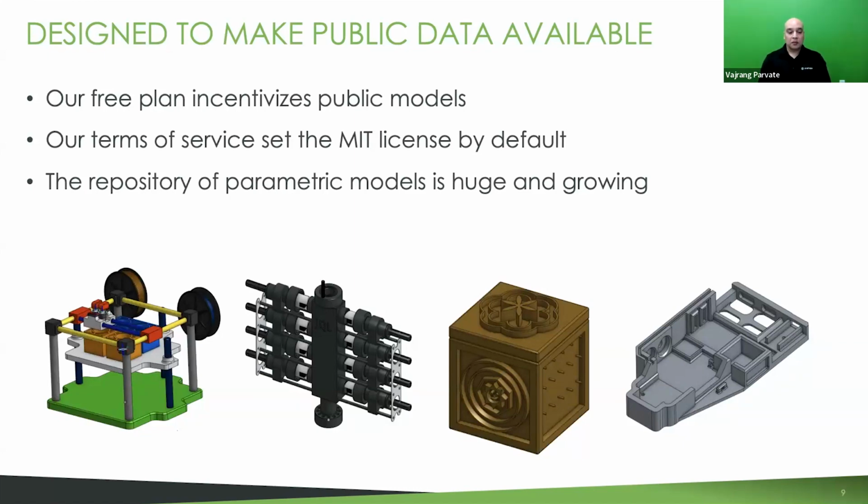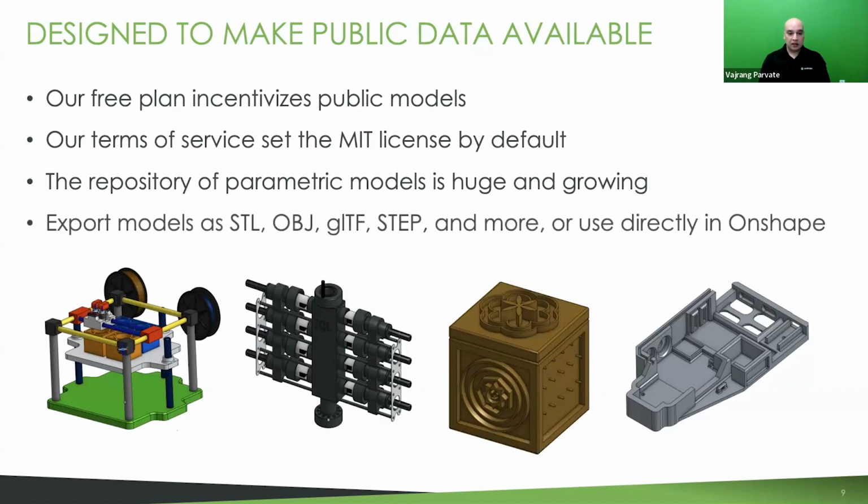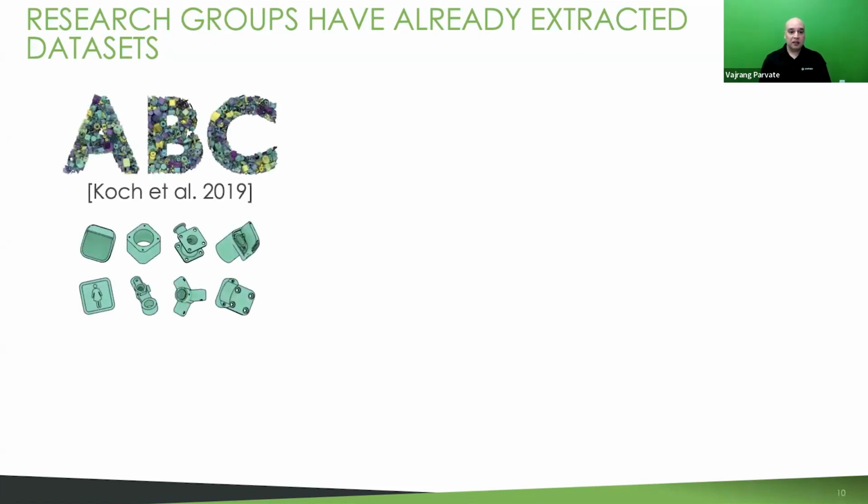And there's a lot of open source collaboration that happens in the design space using Onshape. Now, you can access these directly in Onshape or export them as a mesh or a BREP, either manually or using our API. Several research groups have done the work of extracting some of these Onshape public documents and its data and packaging it into a more digestible form for batch processing, so you don't have to redo some of that work. For example, the ABC dataset project led from NYU extracted and packaged up over 1 million Onshape parts.